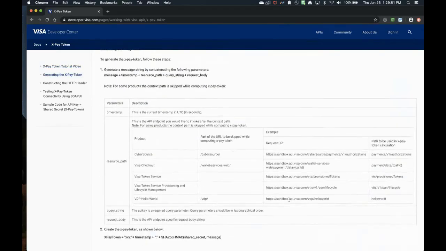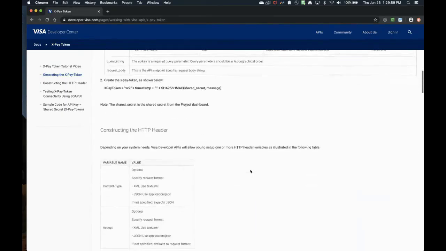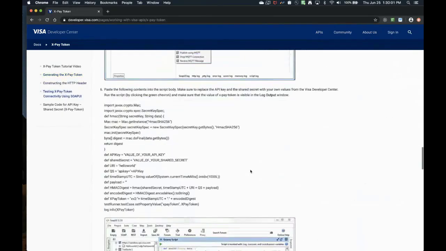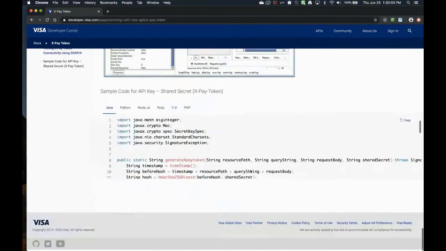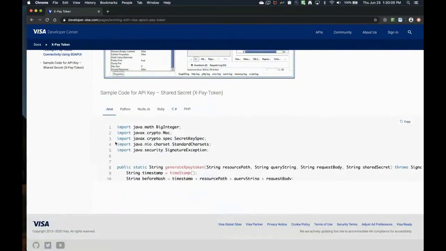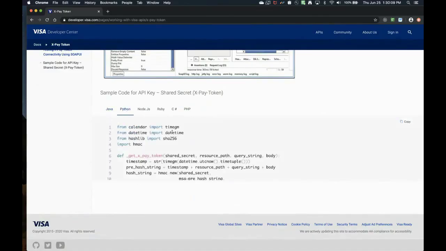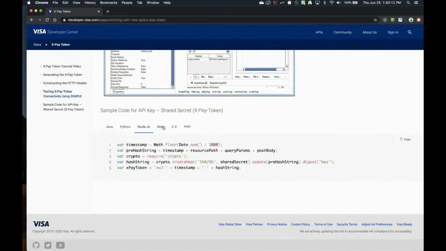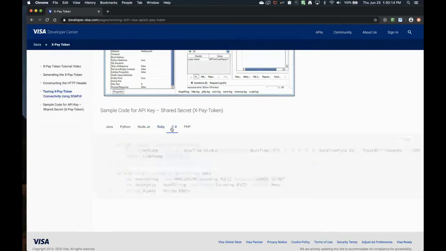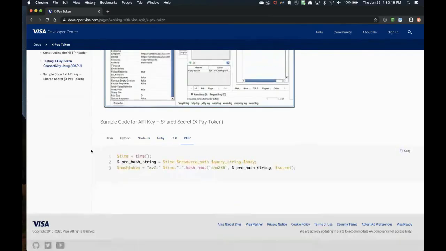And then you have a section here which tells you which product require different resource path parameters. Further down, all the way down, you actually have different code snippets for different languages. We have here one for Java, then for Python, Node.js, Ruby, C Sharp, and PHP.